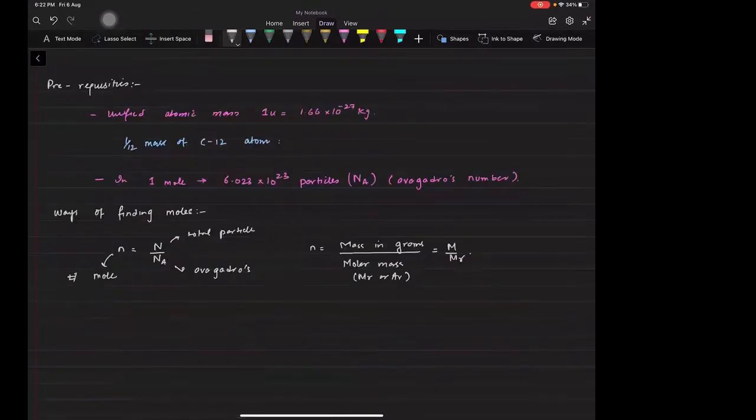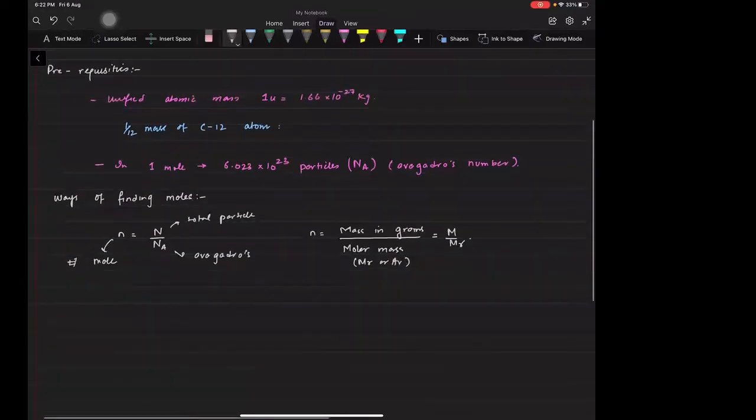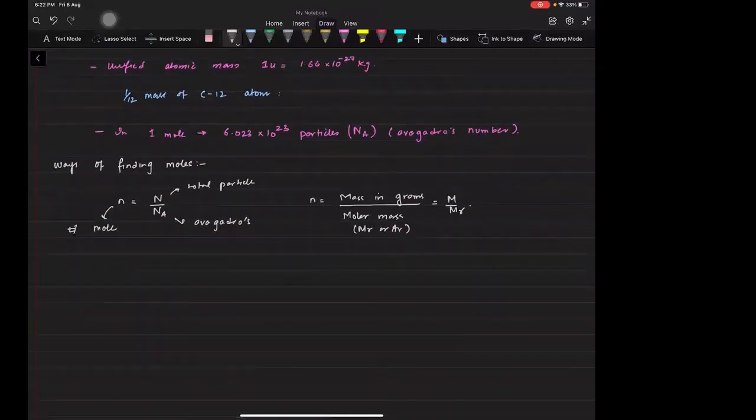Is it clear mere bachchon? Ab iska ek example karte hain taaki tum logon ko aa jaye. I will teach this a bit slowly because this is a very technical sort of a chapter,